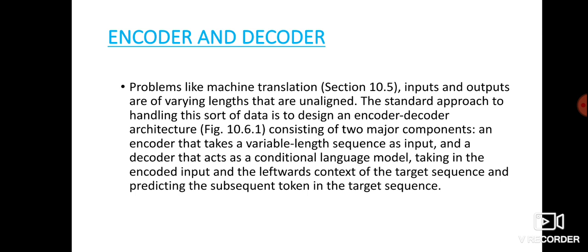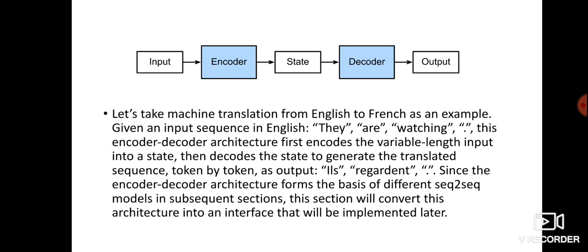The standard approach to handling this sort of data is to design an encoder and decoder architecture consisting of two major components: an encoder that takes a variable length sequence as input, and a decoder that acts as a conditional language model, taking in the encoder input and the leftover context of the target sequence and predicting the subsequent token in the target sequence. Let's take machine translation from English to French as an example, given as input sequence